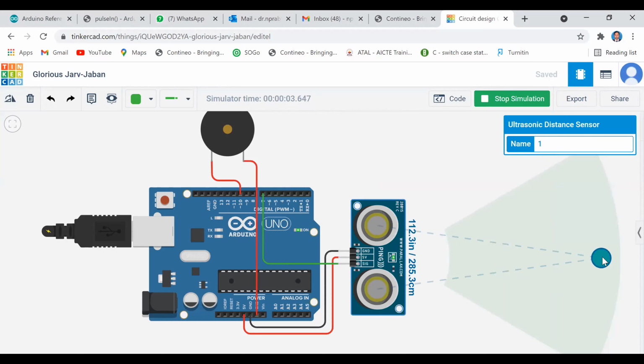You can bring the object near to the ultrasonic sensor. You can see the buzzer is sounding. Once the distance is more than 200 centimeters, we are not setting the buzzer, so the buzzer will not sound, right?